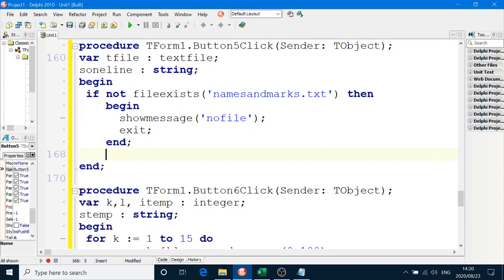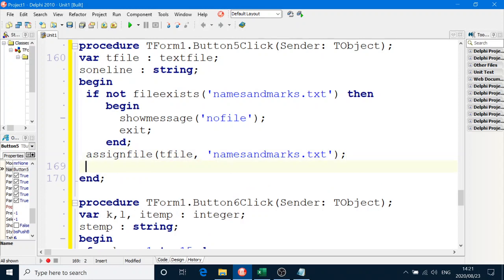Right, then we just do our assign file statement, names and marks.txt, and reset to read from it, T file,